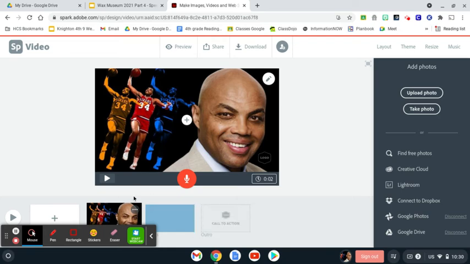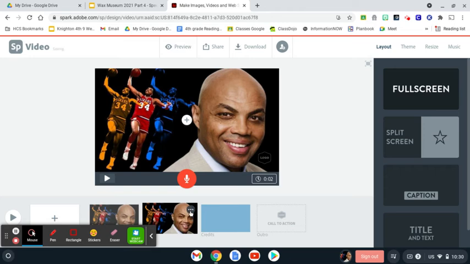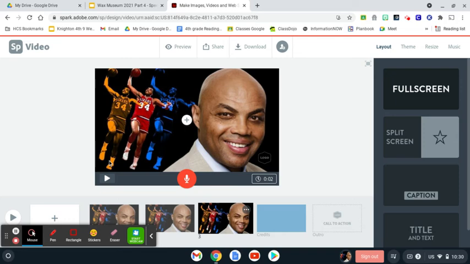Now that that's entered, I may need more than one because you remember we can only record up to 30 seconds per frame. So I'm going to go ahead and add some more of the same picture, or you guys can add different pictures of your person. Either way is fine. You can do a split screen and add in your person's name and that they're famous, or you can add in parts of your speech. It's totally up to you.